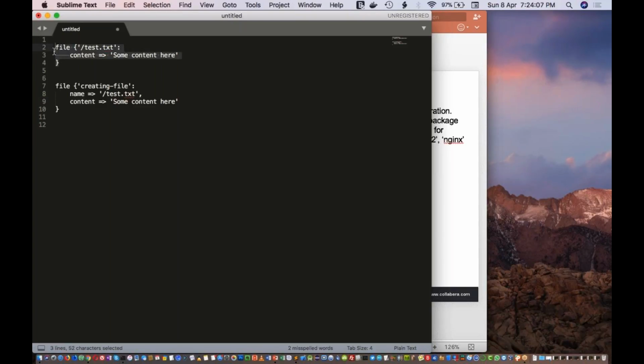If you add a resource like this or like this, it will create a file called test.txt with this content in the slash folder. If there is no name specified, then it will use the title as the name.